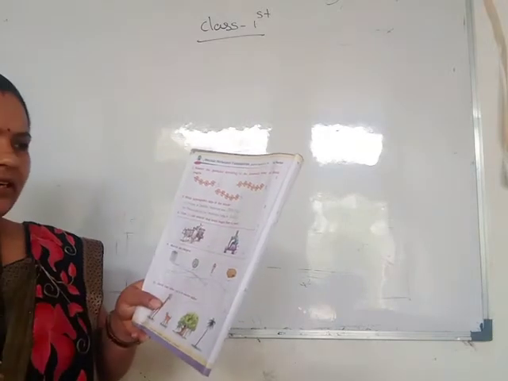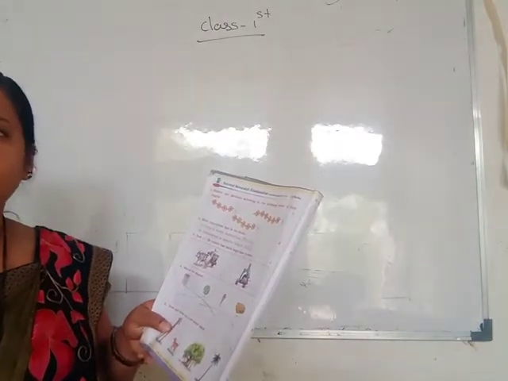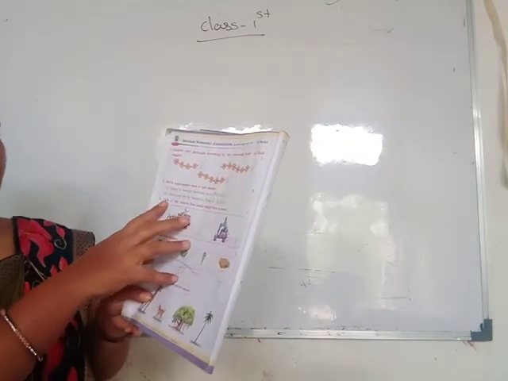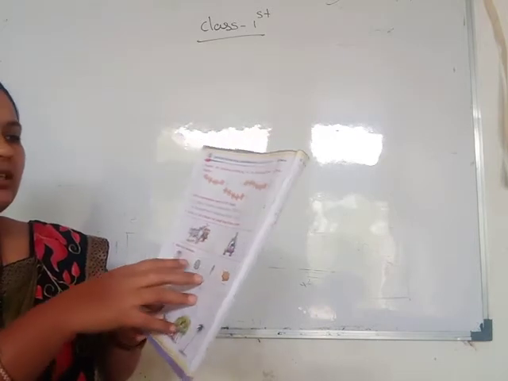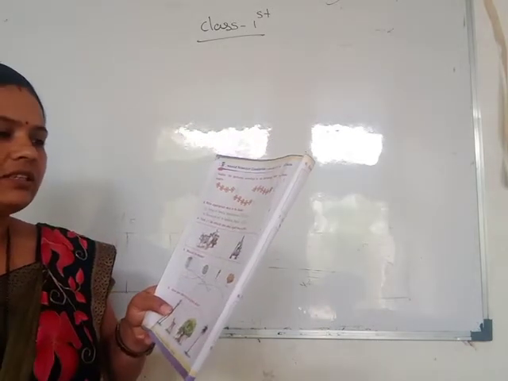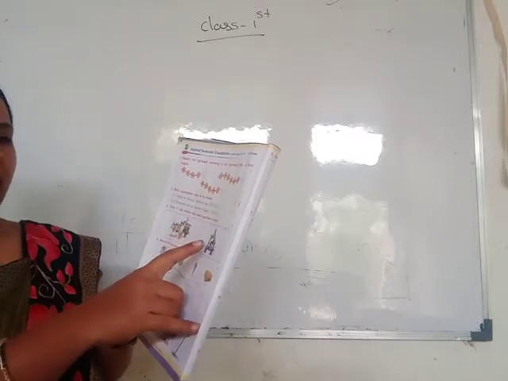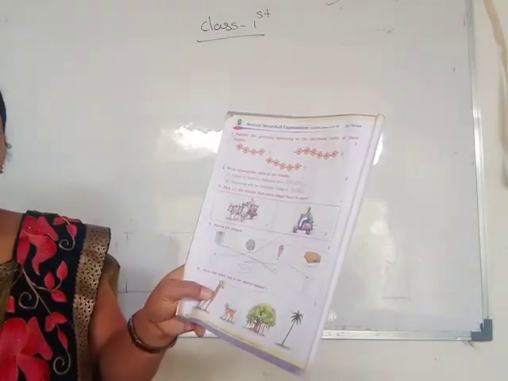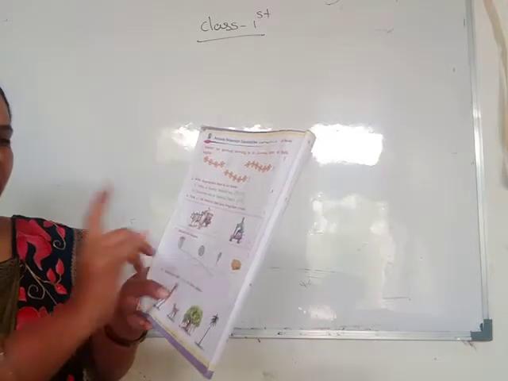Tomorrow will be Saturday. Then today, which day? Friday. Then you write here answer Friday. Then tick the vehicle that takes longer time to travel. You tick here these vehicles that take longer time to travel. Here bullock cart and here scooter, these 2 vehicles. Then which vehicle takes longer time to travel? Bullock cart. Then you tick here.